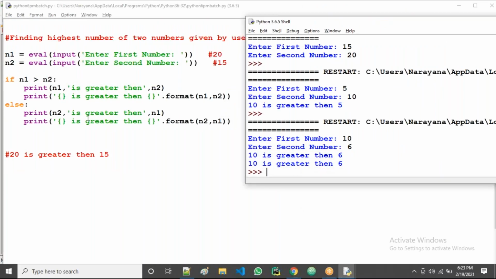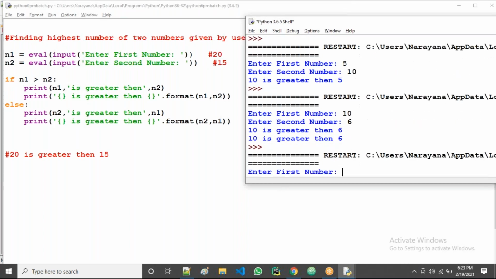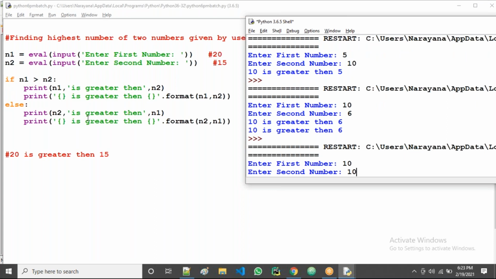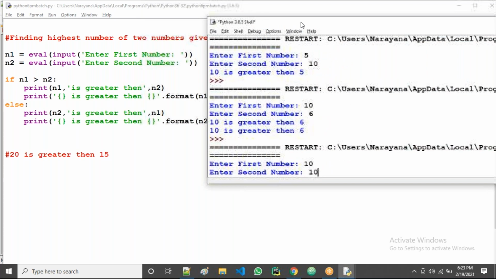Suppose, guys, in this case, he is giving 10, again he is giving 10. He is giving 10 for both the numbers. Now in this case, we cannot say 10 is greater than 10, right? We compare, but finally, what will be the output? Both are same values, so no greater, no less value here. But if I run this one,